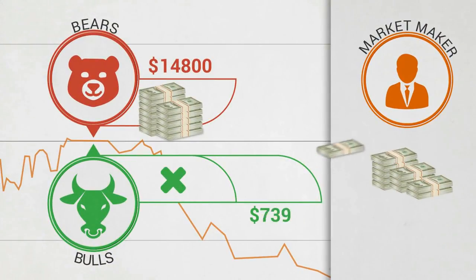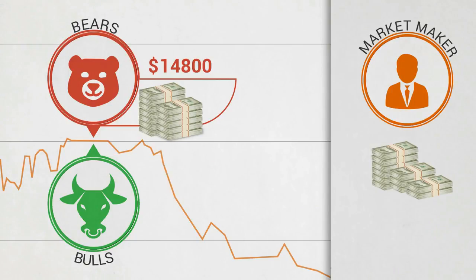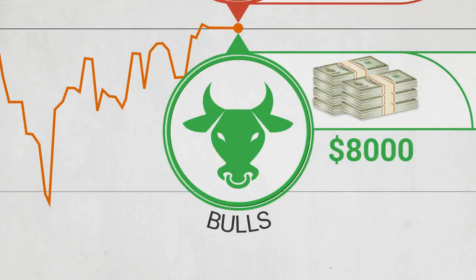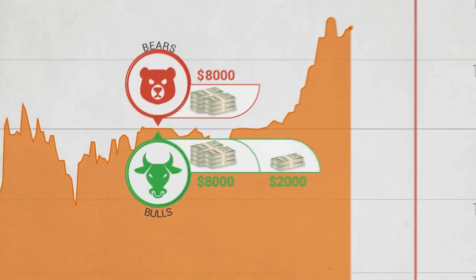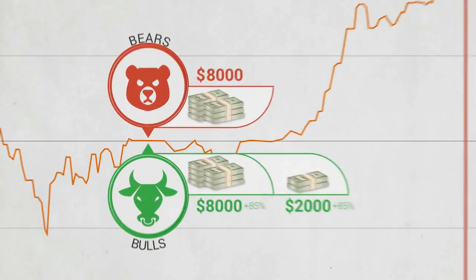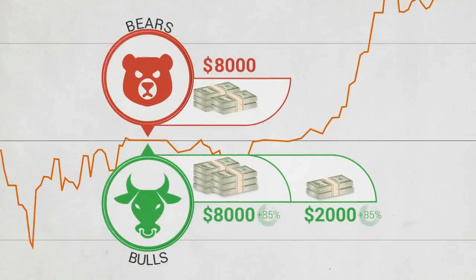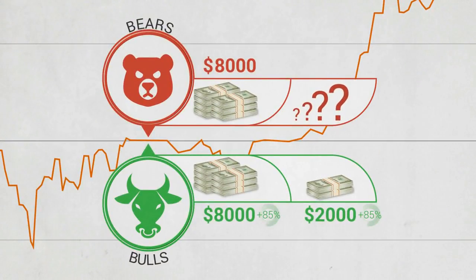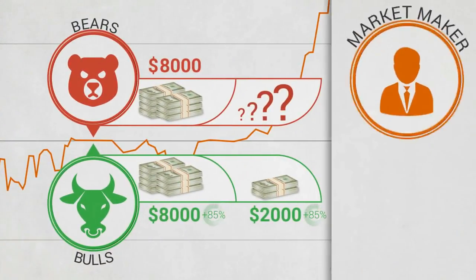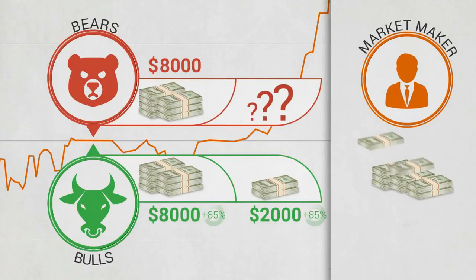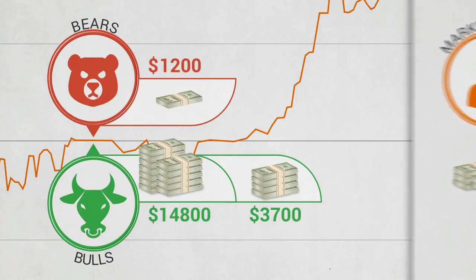The market maker's risk appears in the reverse market situation. If the Bulls are successful and the asset's price goes up, then the Bulls get the returns. But because of the discrepancy of $2,000, the Bears are out of funds to ensure all the return to the Bulls. That's when the market maker compensates for the discrepancy from his own funds to ensure that the Bulls receive all of their returns.